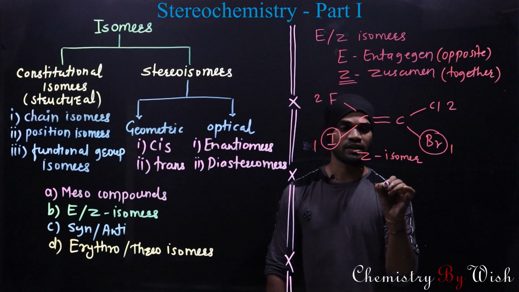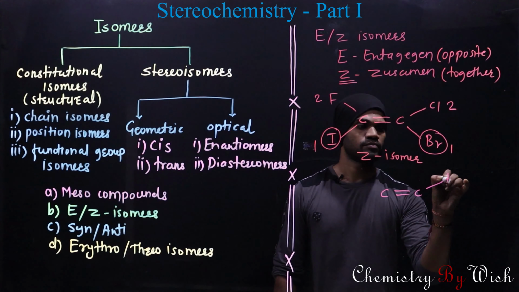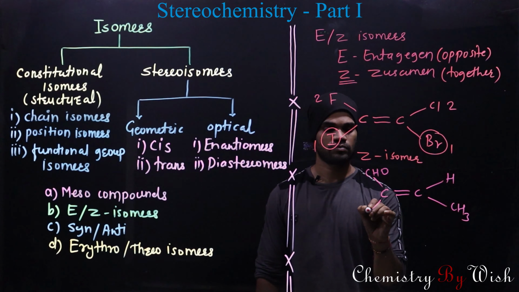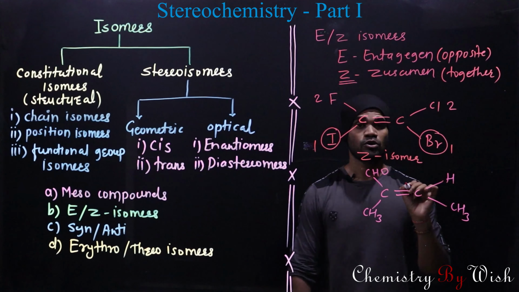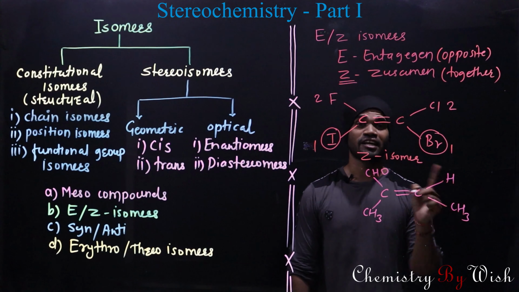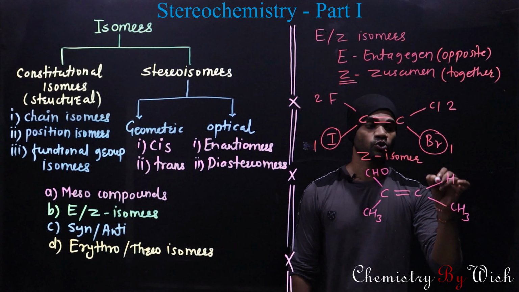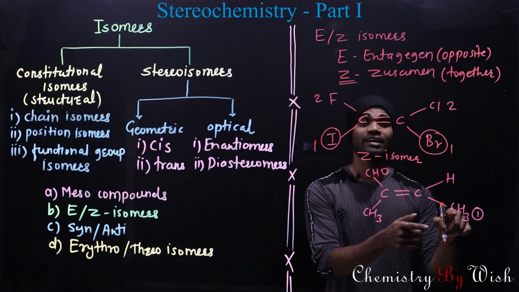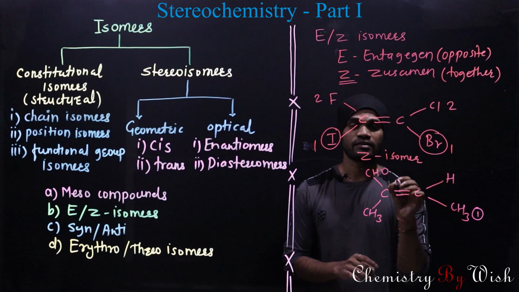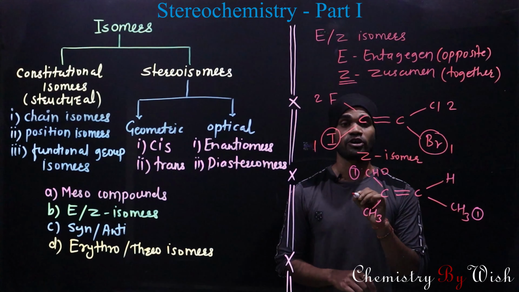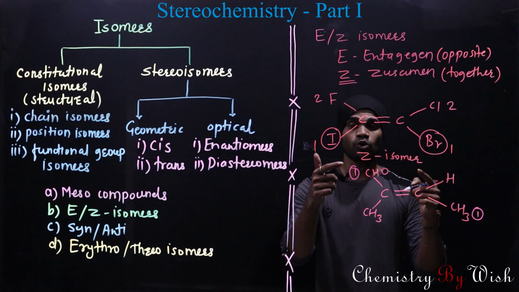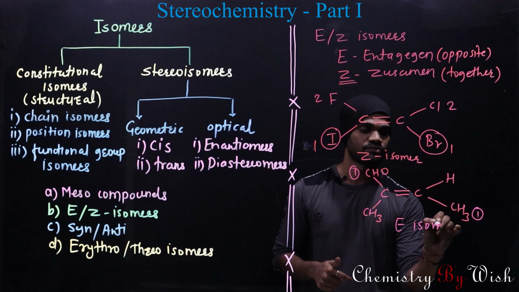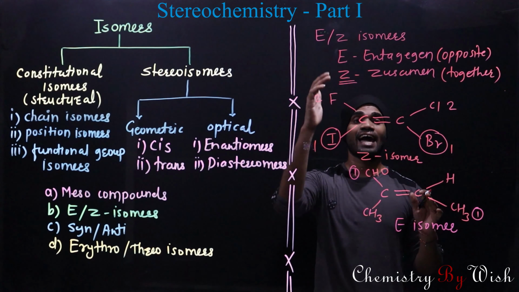So अगर हम दूसरा example देखेंगे, so in this case also we cannot use cis and trans concept. अगर हम देखेंगे, so इस कार्बन पे hydrogen है, second group है CH3, so number 1 आएगा CH3 because it has higher atomic number or higher atomic weight. Then in this case CHO has a higher priority because it has a higher atomic number. So similar groups are on opposite side, that's why it is E isomer. So this is E and Z isomer.